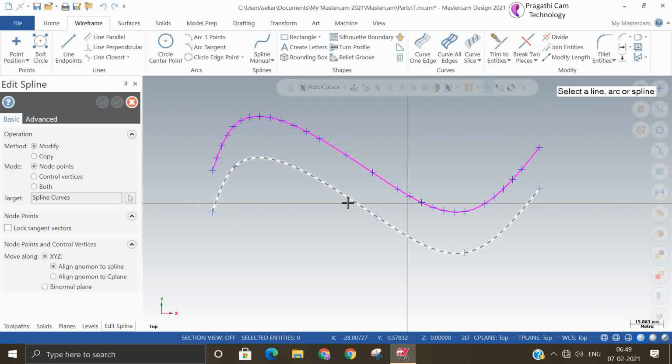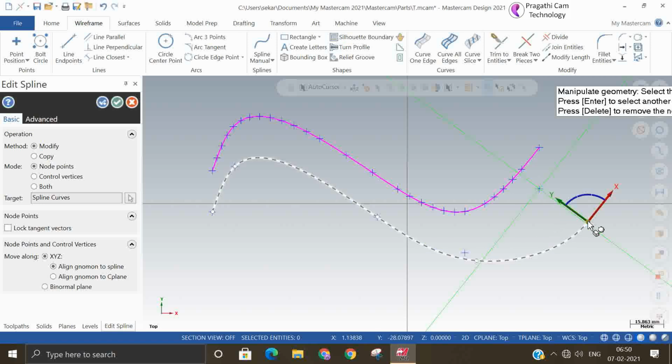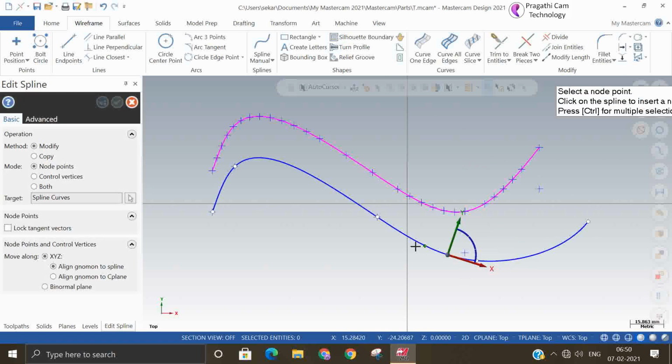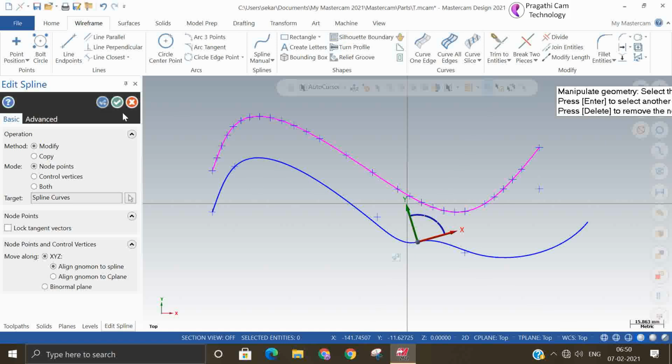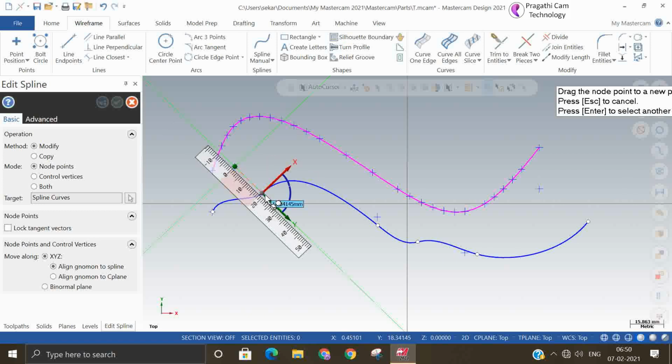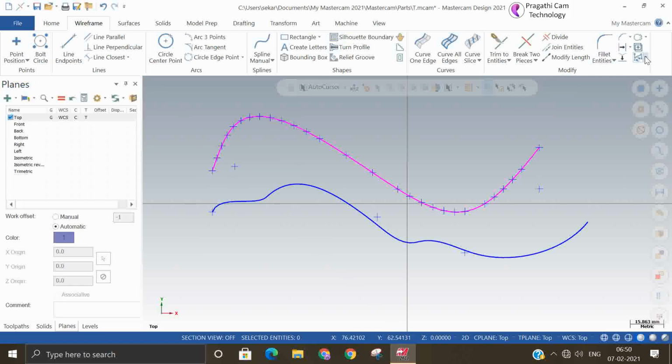You can hold the control point and you can modify the spline shape. If you want some rotation, you can rotate it. Naturally, in practical situations, we never modify the spline like this, but for knowledge purposes, I am just trying to show you the spline modification methods.